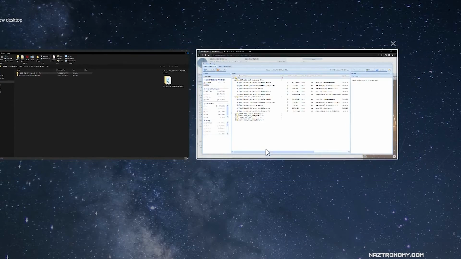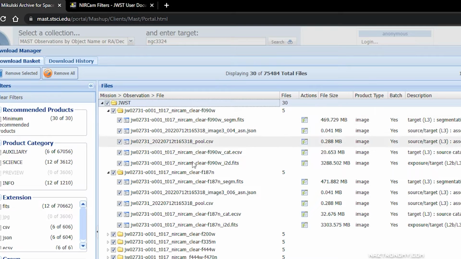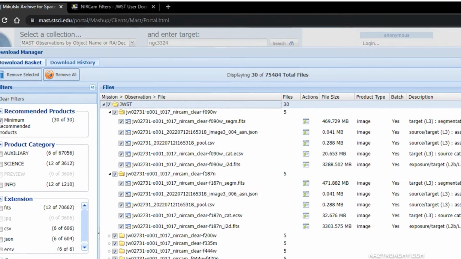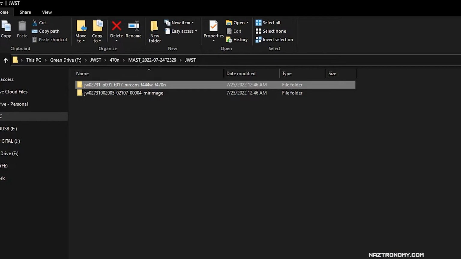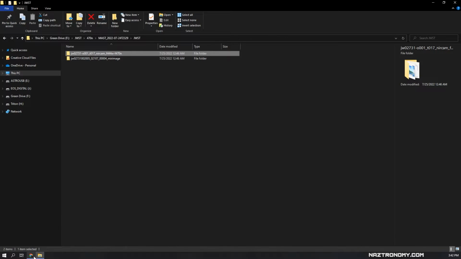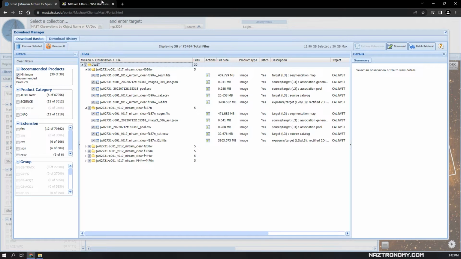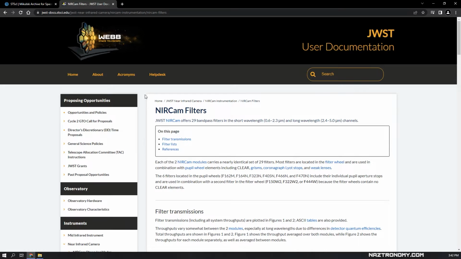So I missed that initially here, so I didn't see that, so I thought there were two F444Ws, so that's my fault, so I missed it, but I still got a pretty nice image and I get to make a video out of it. And before we open AstroPixel Processor, if you search for NIRCam filters, you'll land on this